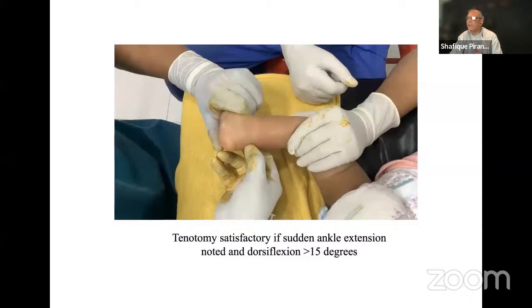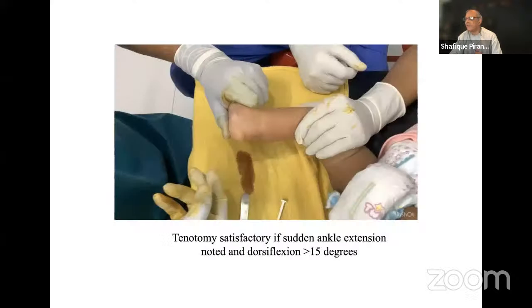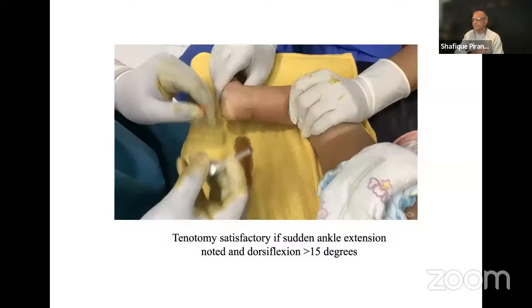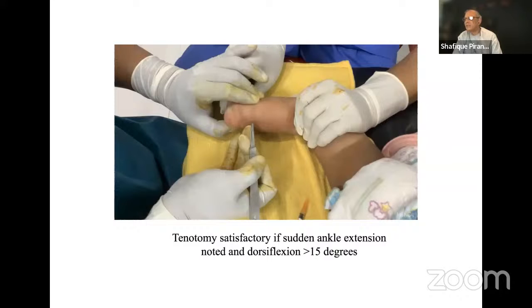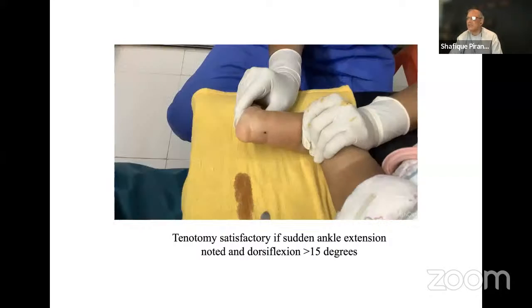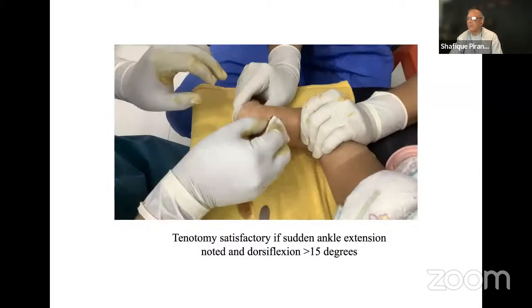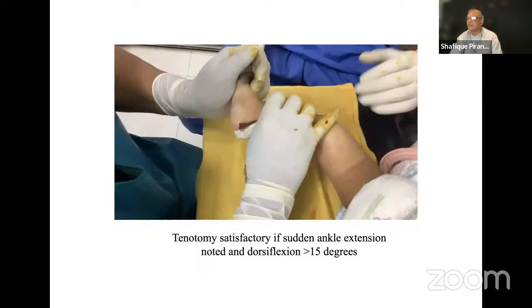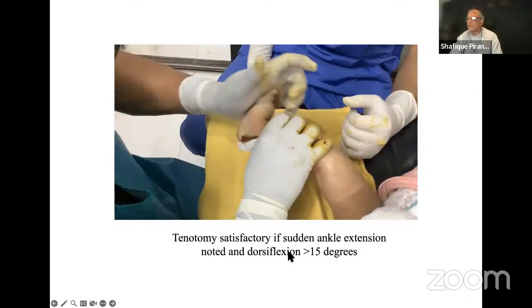Here's the surgeon palpating the tendon, making a little mark to make it easy for themselves, making sure that they go 1.5 centimeters above the calcaneal tuberosity, a little bit of local anesthetic. And then they wait a little bit. Again, everything is stabilized. Here's a 15 blade, and you can see very quickly that's done. All right, and you might not have seen the sudden ankle extension there. It happened, but what you'll see now is the result of the tenotomy. There's sudden ankle extension and dorsiflexion greater than 15 degrees, and that's a very nicely performed tenotomy